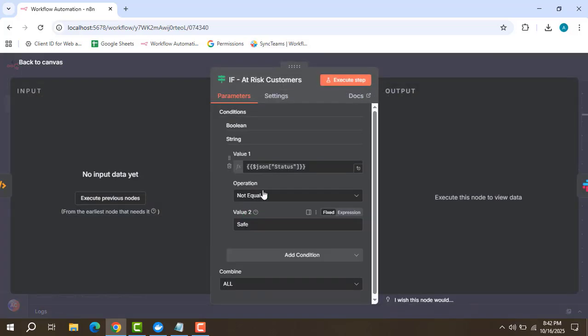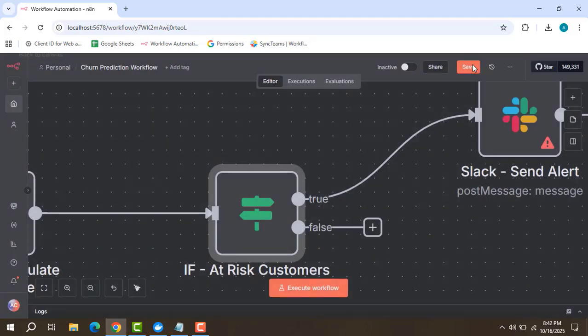So if JSON status not equal to safe, this will go to the true path. After that,